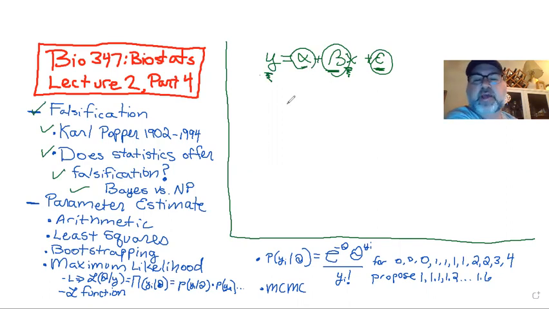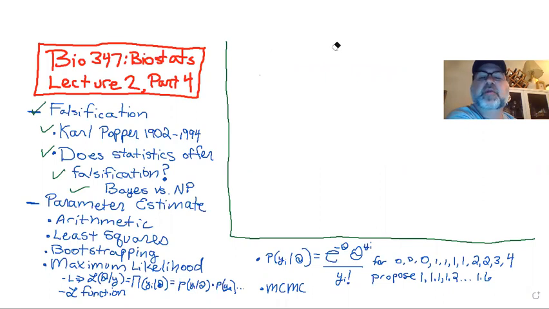And there might be other times we just want to know what's the average heart rate, right? What is the standard deviation in heart rate, and so on, right? How do we get these numbers? And that's what I mean by parameter estimates. Things we need to estimate, how do we go about estimating them?